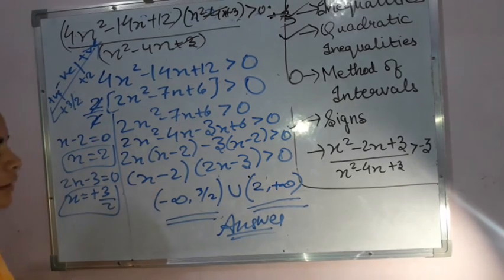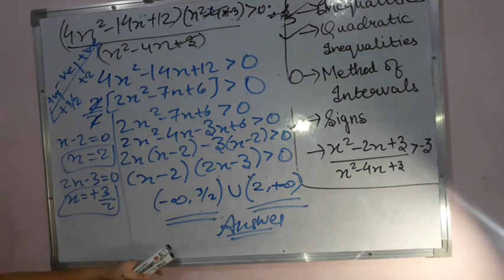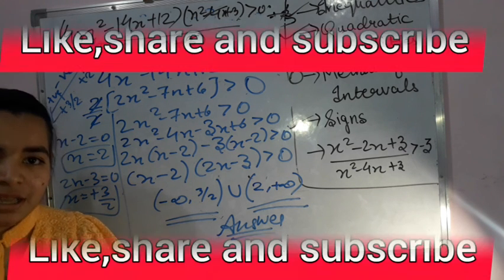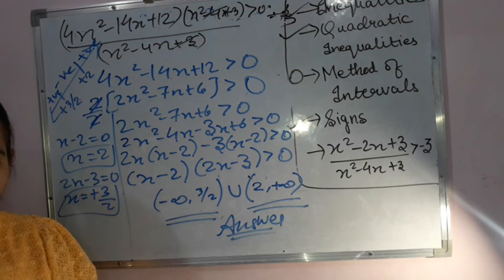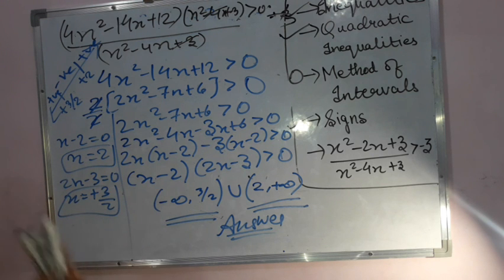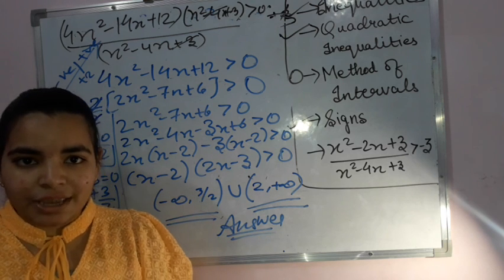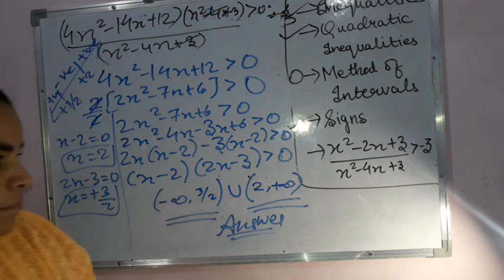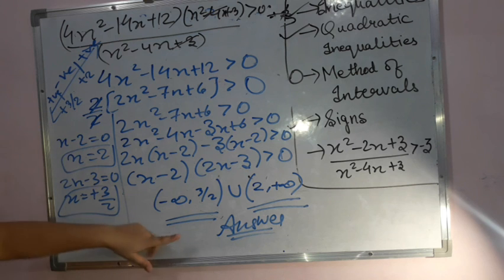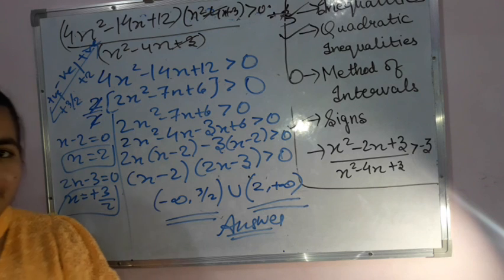With the help of the method of intervals we have solved this, and this is how you have to solve all the questions of inequalities. It is just the basic quadratic equations, the way we used to solve them. The only thing you have to remember is when we reverse the sign: it is only when we multiply or divide by a negative term that we reverse the sign of the inequality. You need to remember the method of intervals and draw the number line, and then you will get the solution. That was all for this chapter. Only this much is there that you need to learn.